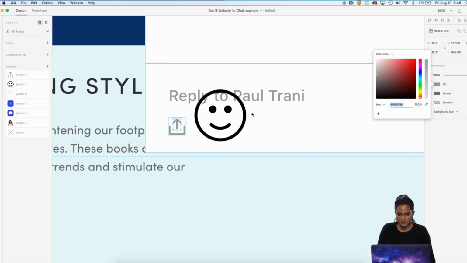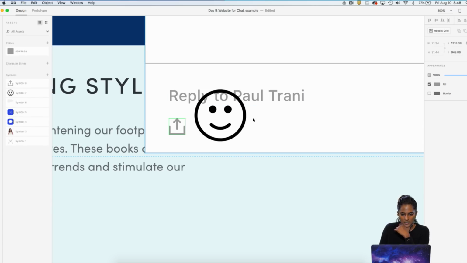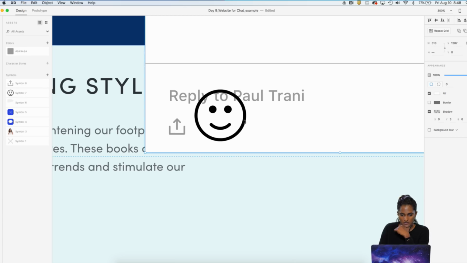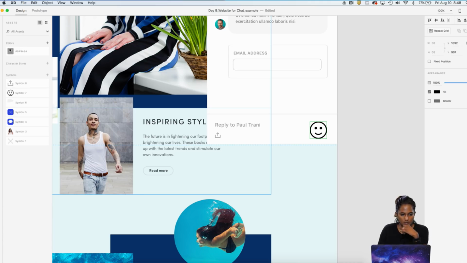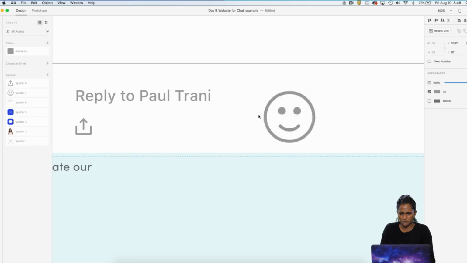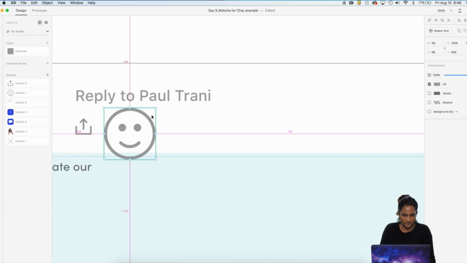Copy. Actually, I'm going to add that to my library so I can change it easy. Ungroup. So I want to change this from a black icon to the gray. So we just added it to our library, click on it, and it should automatically click, which is really great. Or you can use the color picker as well. So let's go ahead and